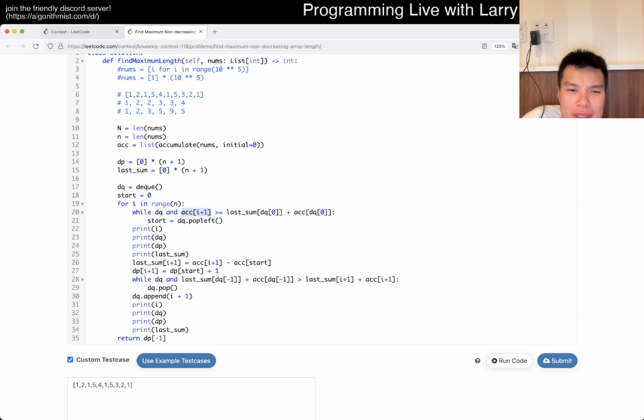No, I see. This is basically... Okay, so this is prefix sum up to that point, and then the last sum at that index is all the points up to. Is the stuff that